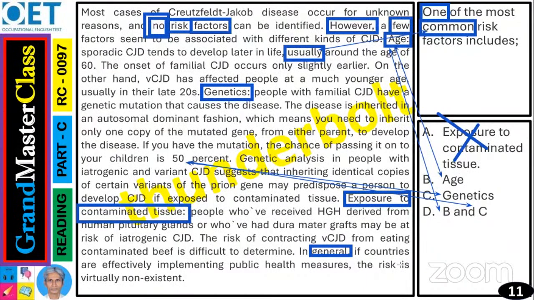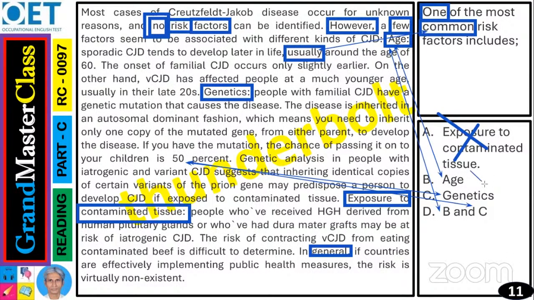Rare means less than 5%. Common means 90%. So 50% is in between. That means it is not rare. It is more than rare, so it is close to common. So B is ruled out because it is only B. C is ruled out because it is only C.